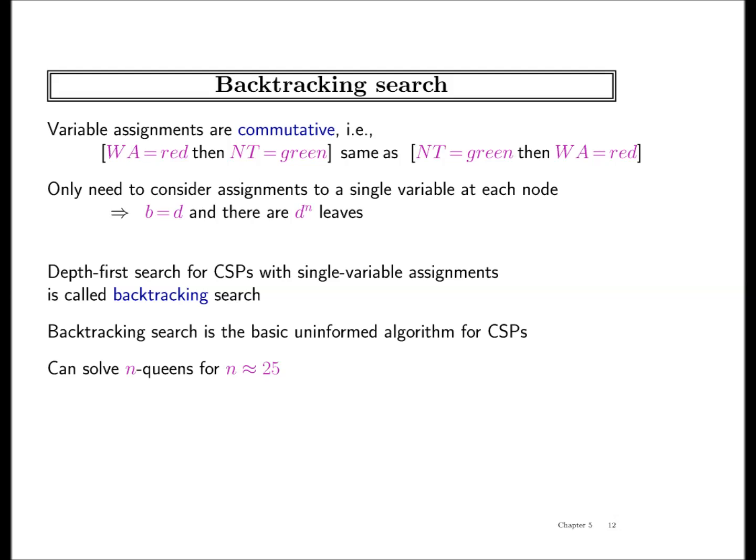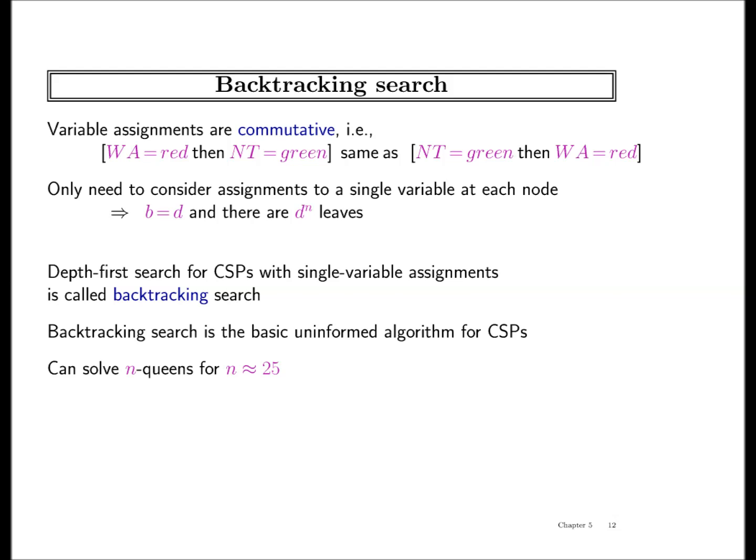Sorry, just a question. What do you mean it can solve n queens for n equal to 25? You can scale up to this point for whenever these slides were written. A chessboard of 25, by a current modern computer. By a computer 10 years old. Yeah, exactly. If you check Moore's law, we might be able to do 28 or 29 or 30. So never mind. The point is, this is a good starting point. But we will talk about how to get to n queens up to 1000 at least.